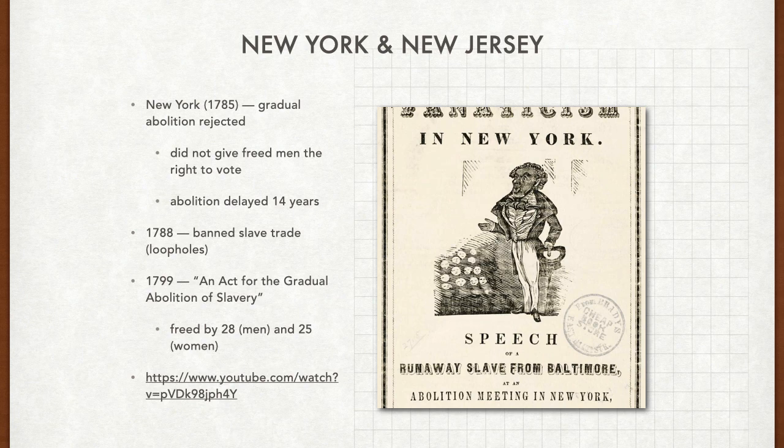18 years later, New York issued a second statute that gave freedom to slaves born before the 4th of July in 1799, starting on July 4th, 1827. Okay, so you had to be at least 29 in order to be freed, right? With the second statute, the state gave themselves a 10-year grace period for slavery to die out in the state. So it's sort of dragging their feet a little bit.